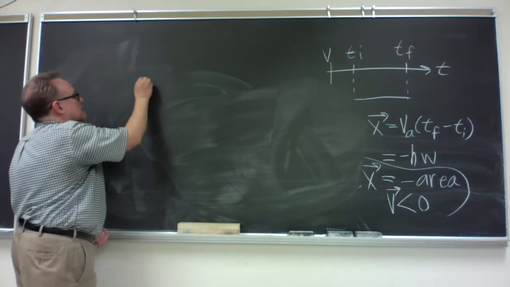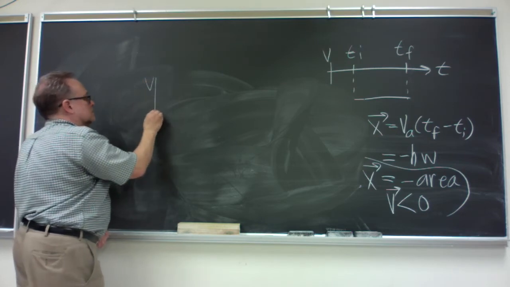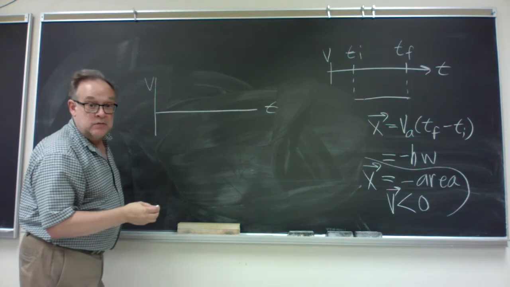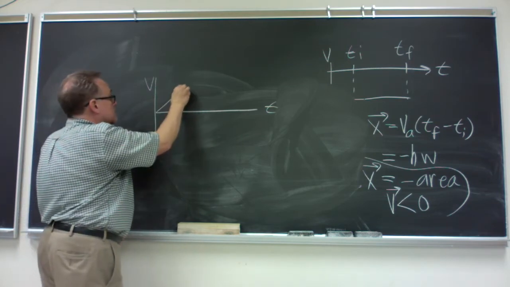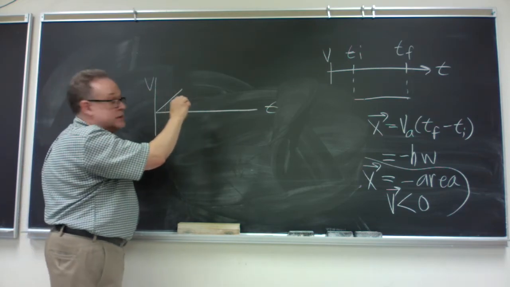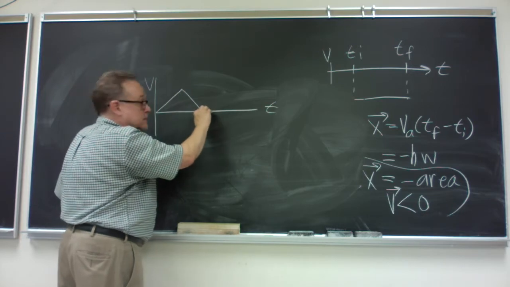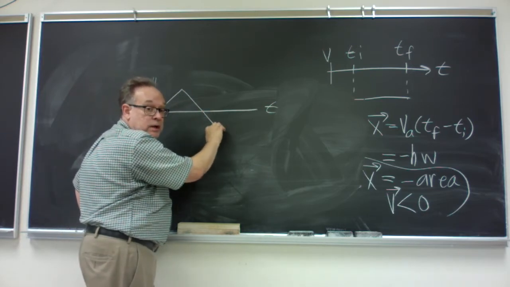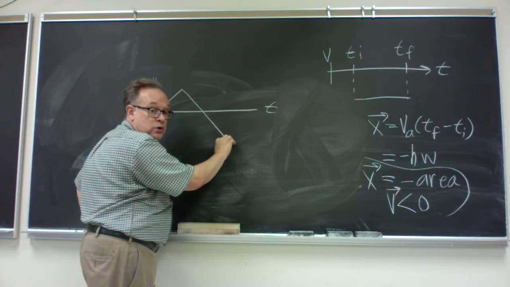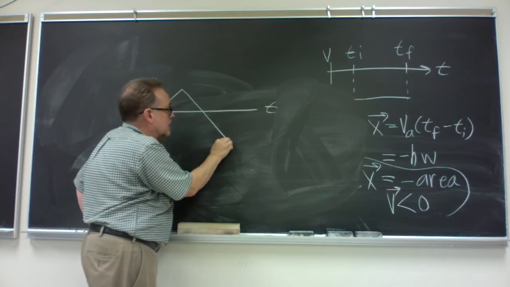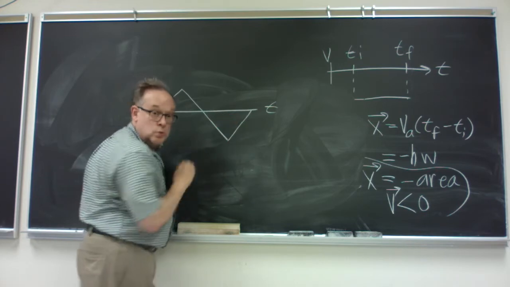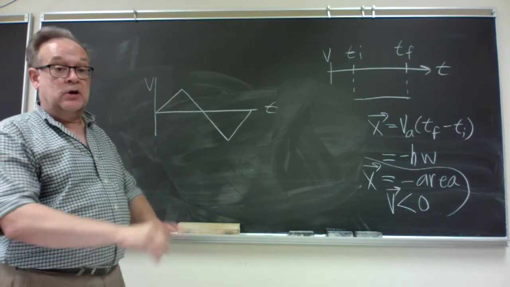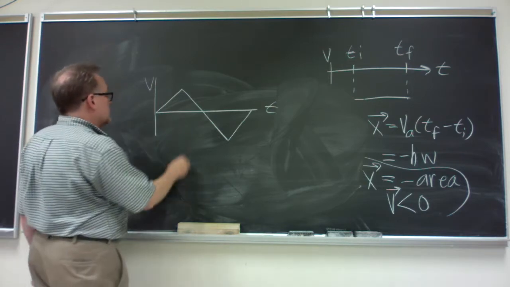Let's say we start out with some positive and increasing velocity, and then positive but decreasing velocity, and then negative velocity getting stronger, and then negative velocity getting weaker. And let's say, just to keep things simple here, it's all very symmetric. And this is